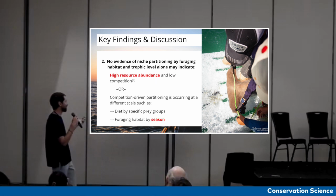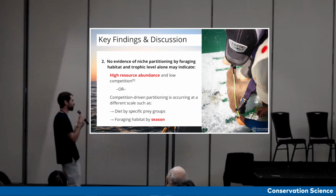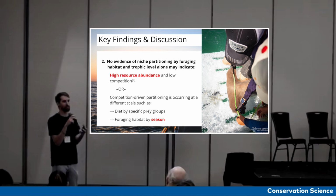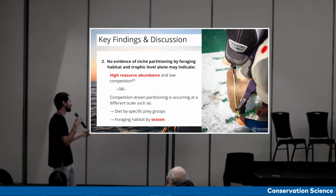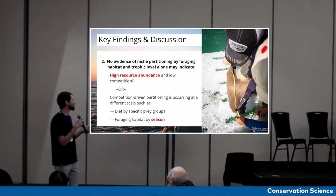We also see no evidence of niche partitioning, or the division of resources amongst groups, by foraging habitat and trophic level alone. This might indicate one of two things is occurring in our local Biscayne Bay ecosystem. We either have a high resource abundance, therefore there's low competition, no need to divide up resources amongst each other, or potentially we see competition-driven partitioning that's occurring at a level that we can't necessarily detect using this methodology, such as partitioning diet by specific prey groups or partitioning foraging habitat by season, which leads us to that next question,